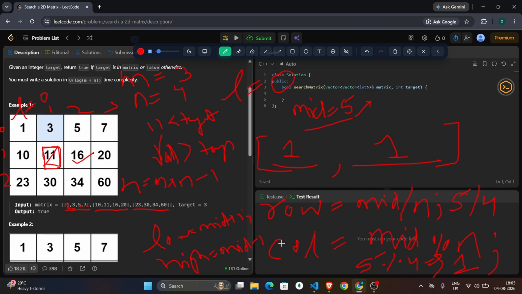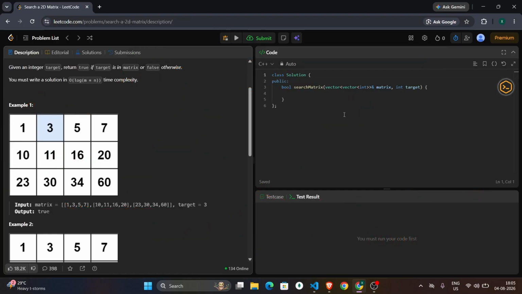The main important point is how you can calculate the row and the column. Then the rest of the code is the default binary search template. So let's solve it fast. First we calculate the number of rows, that will be the matrix dot size. Then we calculate the number of columns, matrix of first row dot size. Then we take two pointers. Low will be initialized to 0, high will be initialized to m cross n minus 1,